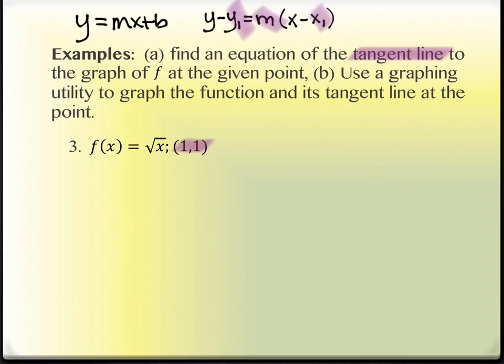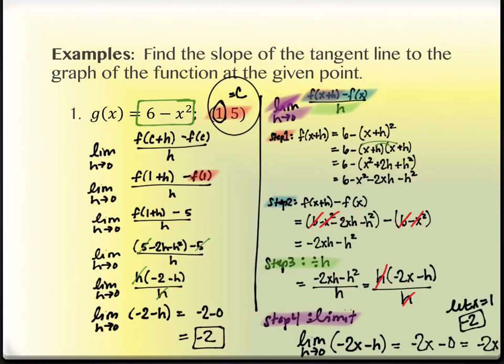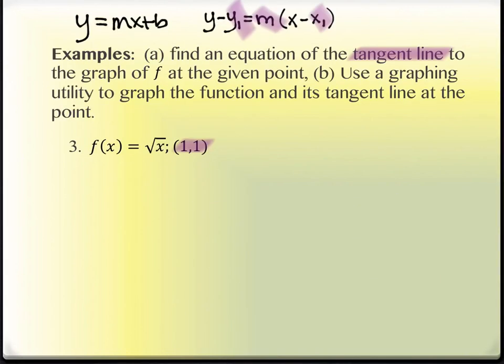And the slope, m, is the slope of the tangent line, which is the slope of the curve at the point, which is the derivative, which is what we've been doing. So we're going to find the derivative and figure out what the value is at 1. In some sense, it's like I'm going back to this problem right here. I'm finding the derivative at a point, and the point happens to be the point 1 again. So we're going to take the derivative. So step 1